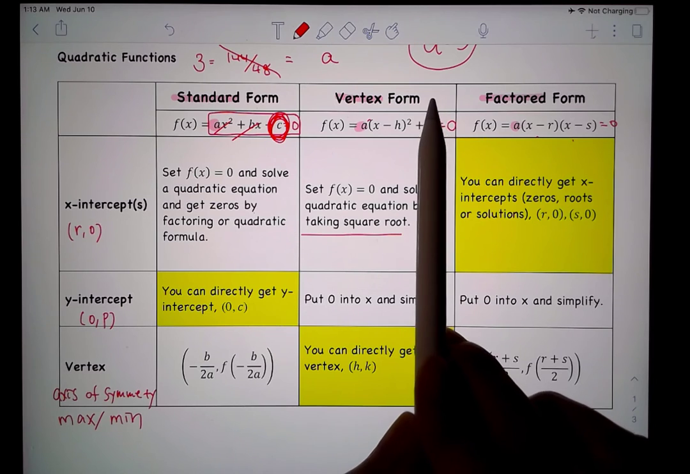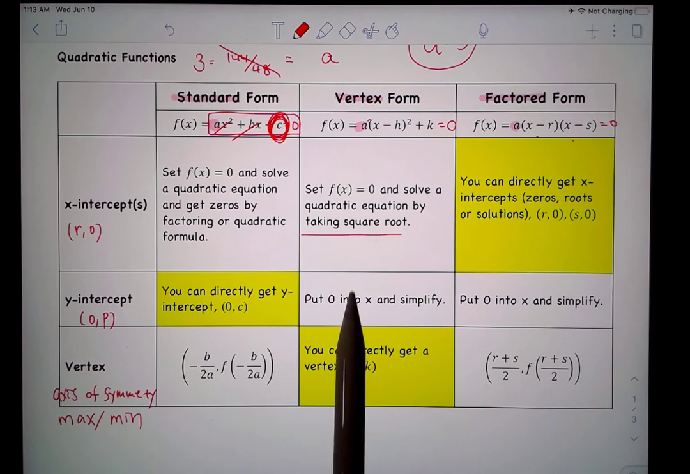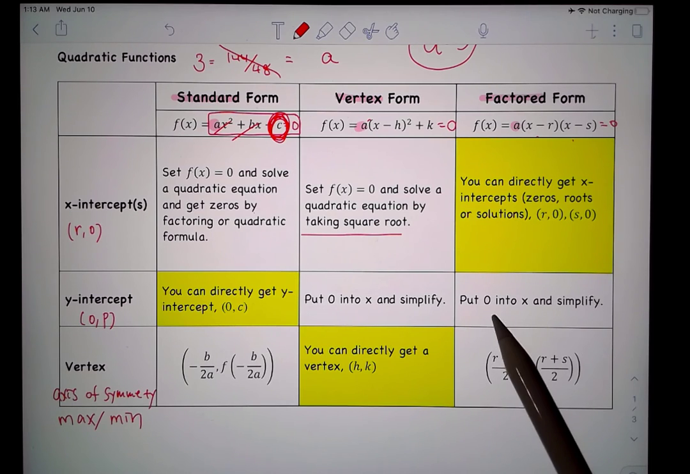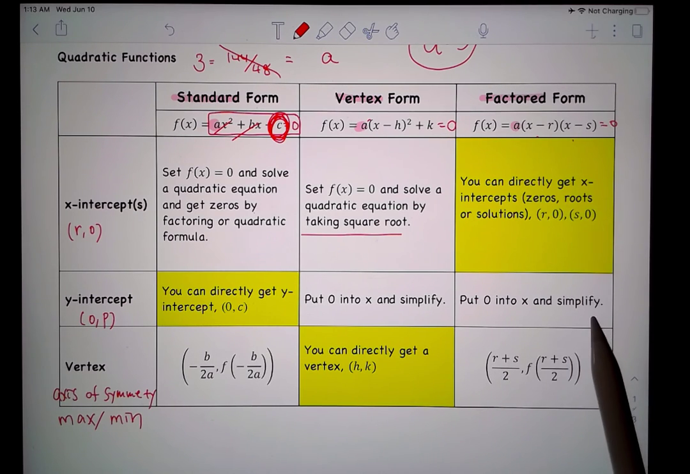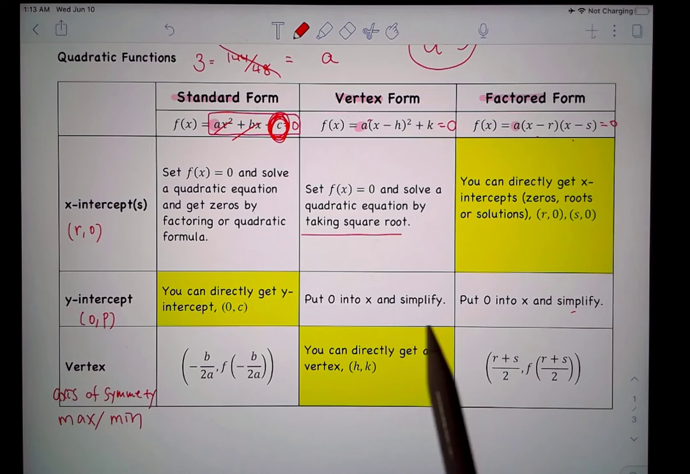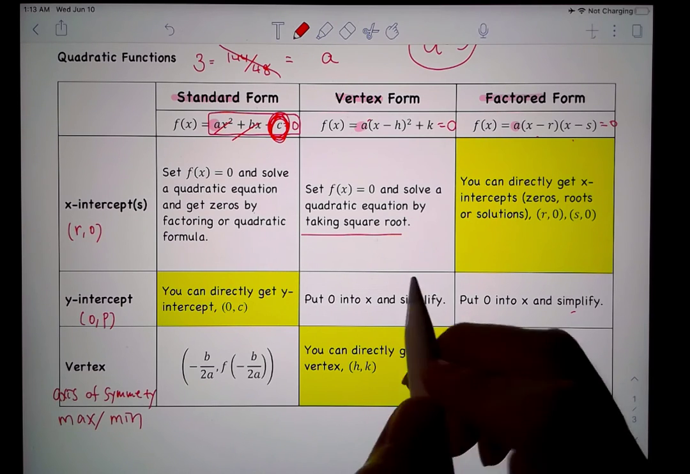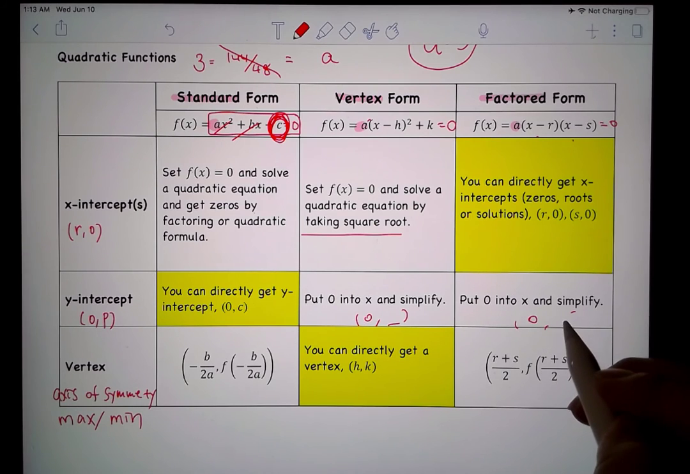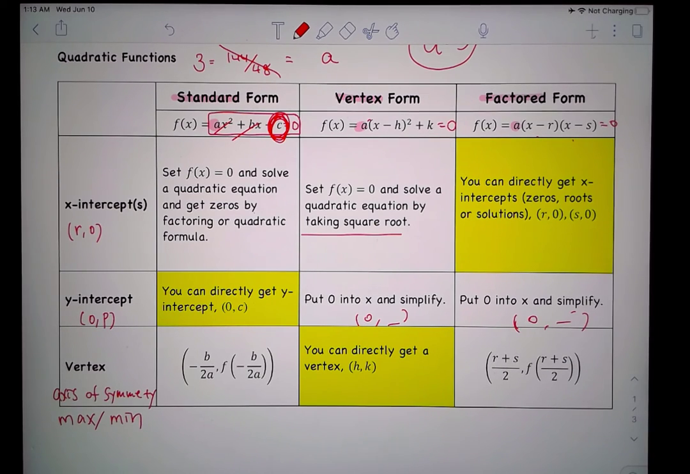And from the vertex form, you just put 0 into x and simplify the number, then you will get the y-intercept. And when you write the y-intercept, you should have 0 comma something. And then to get the vertex,